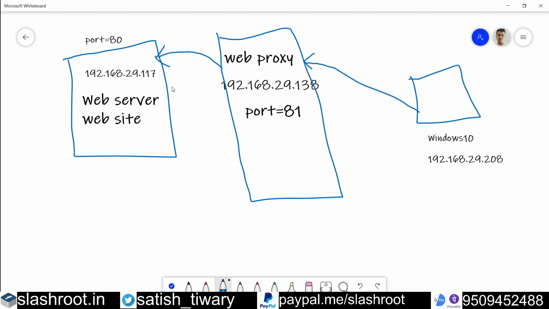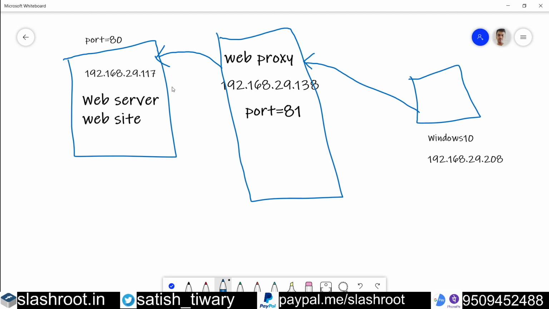It means the client machine doesn't know the actual IP address of the web server where the website is hosted, and hence he will not be able to attack the web server. तो इस तरह से क्लाइंट को पता ही नहीं कि वेब सर्वर का मेन एड्रेस क्या है, उसे लगता है कि 138 ही उसका वेब सर्वर है.